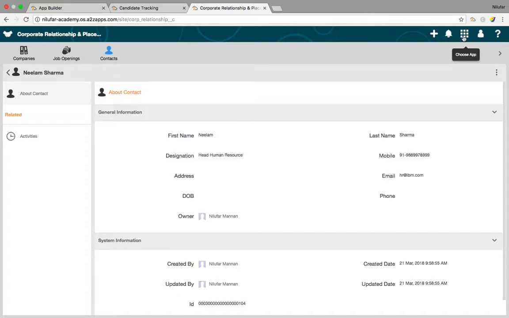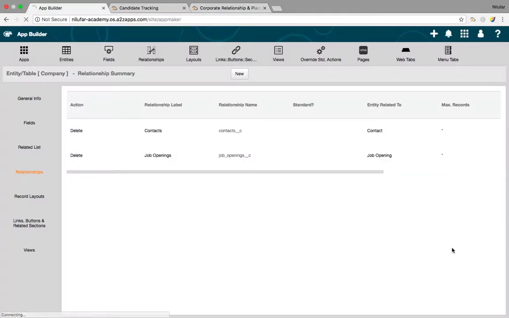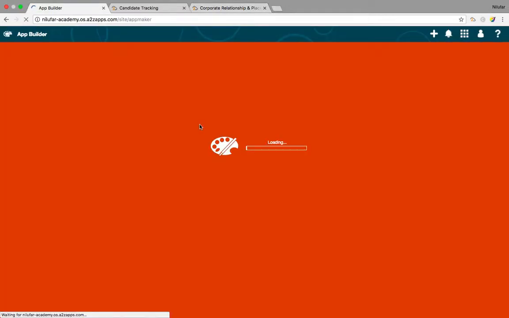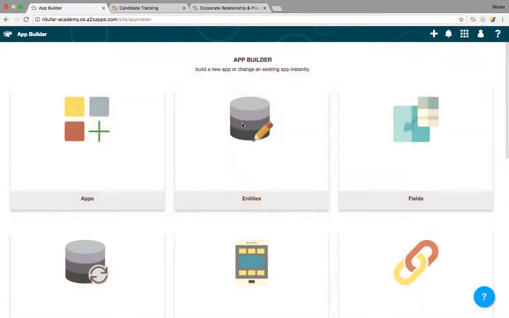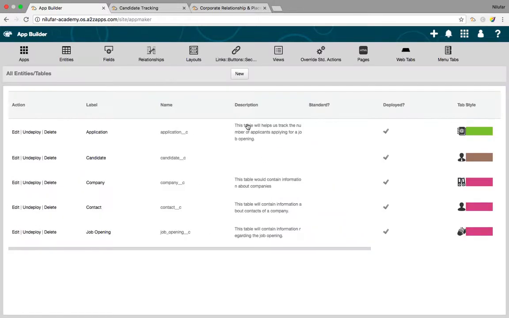What we need to do is go to the app builder tool again, go to entities, and let's go to contact.